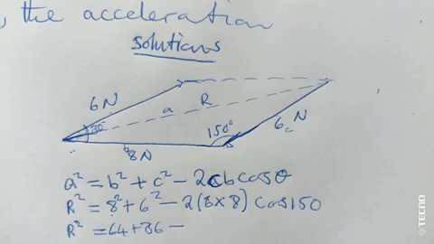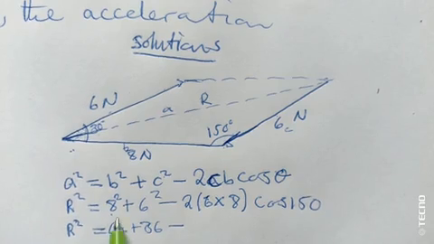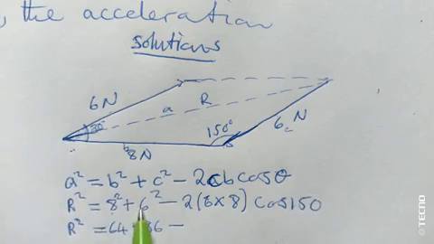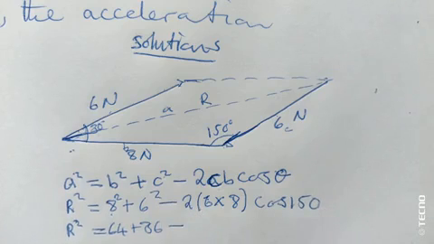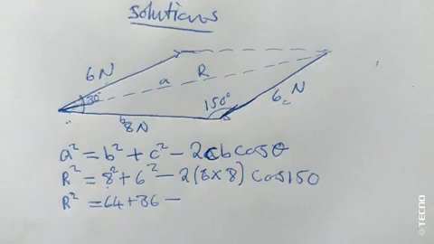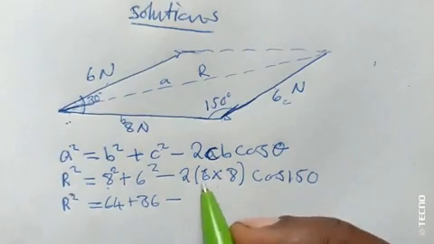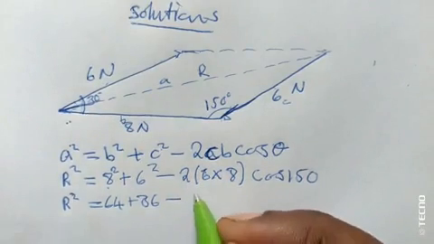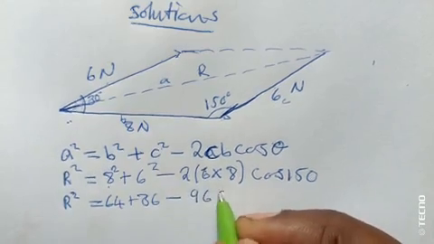Then you multiply by cos 150. Okay, so what we do here, we multiply 8 squared, it's 64, then 6 squared, it's 36. Then you work out this using your calculator. So here you have 46 plus 2, so you get 96 cos